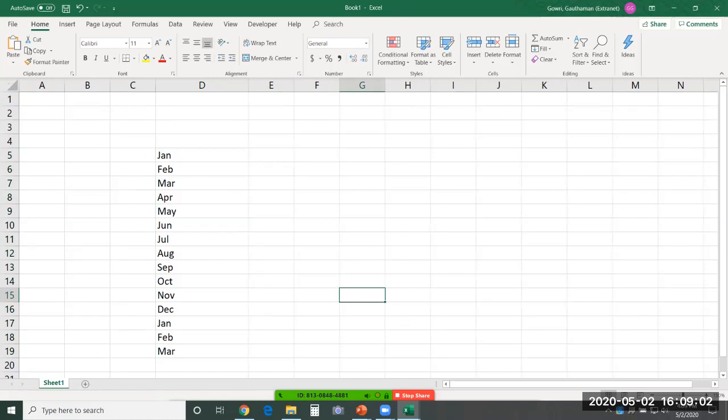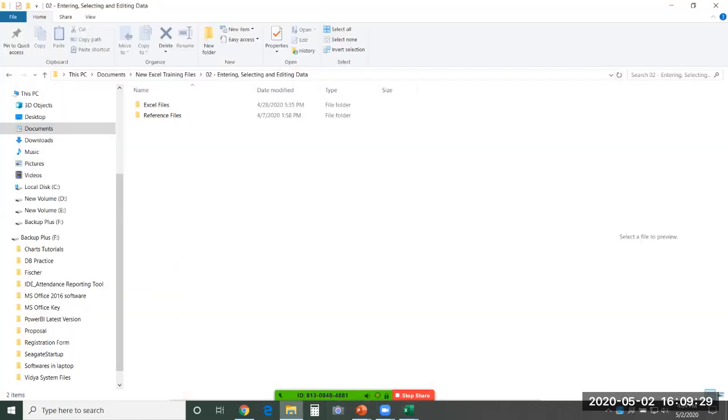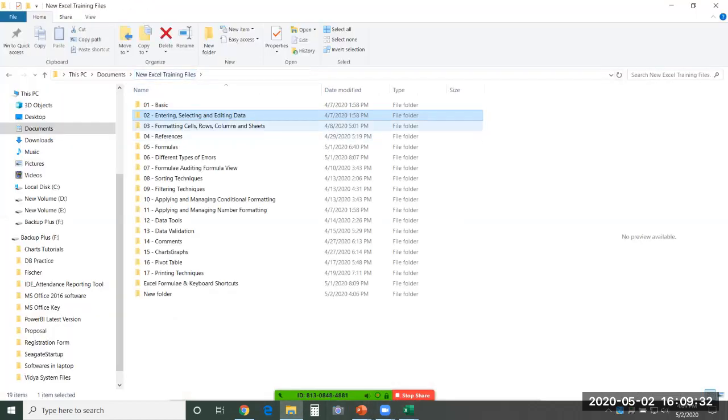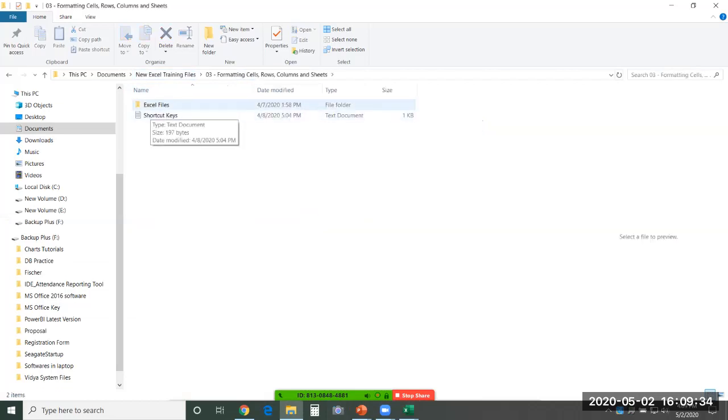In the same manner, we'll also teach you how to create custom lists, lists of your own. Let's say you have an employee list or some product list that you have to populate in the same manner. We'll see how to create those lists in Excel, and once you do so, you can utilize them in any Excel file that you have. This is present in the second chapter that we have here.